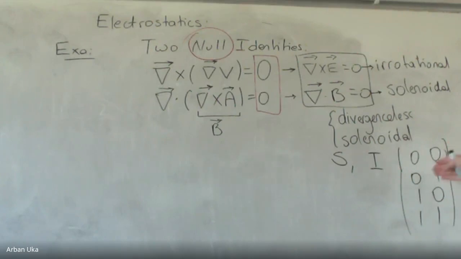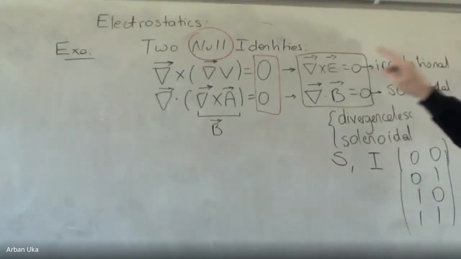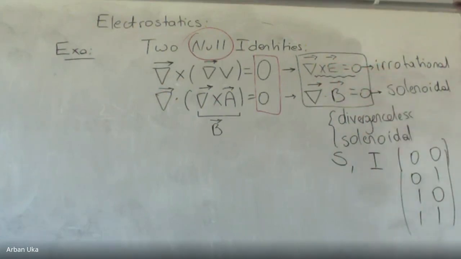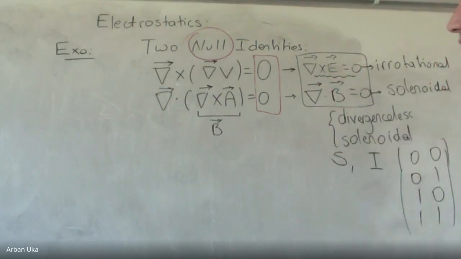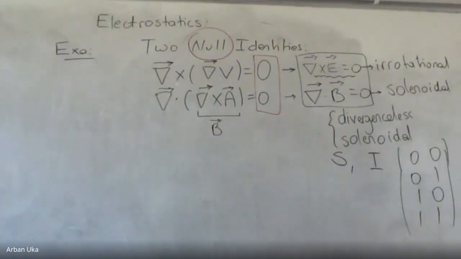So a couple of these combinations look as if we don't understand them very well. But we'll see in three to four weeks, especially for the first one, that this is non-zero in the case when we have the magnetic field as a function of time. Because when the magnetic field depends on time, it will induce an electric field, because these two are coupled quantities. And especially the first expression will fail,